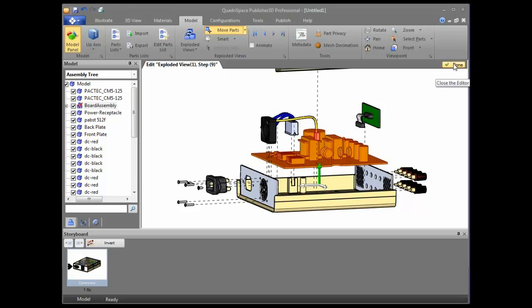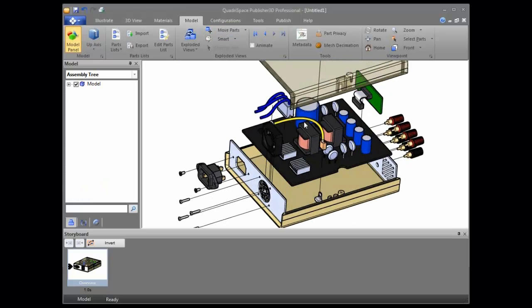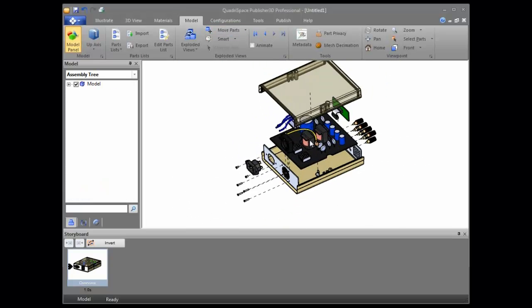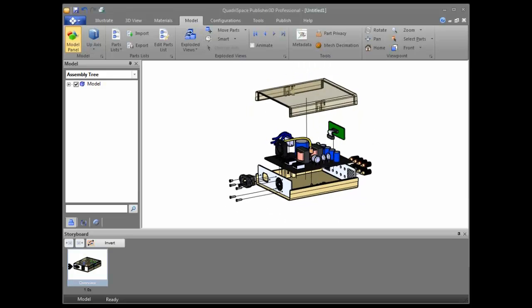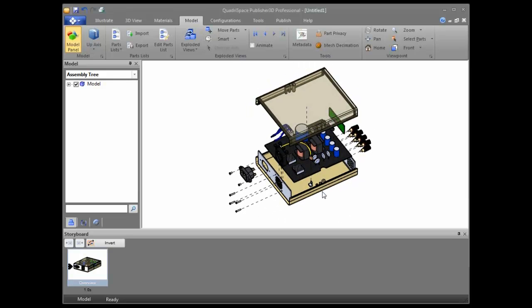And now that I'm done with my exploded view, I'll just hit done, and we now have an exploded view that we can use. Now, before we go and add the callouts, we probably want to fix the bill of materials. By default, this bill of materials comes in with all of these parts as a